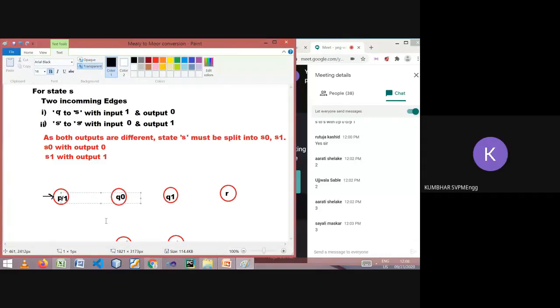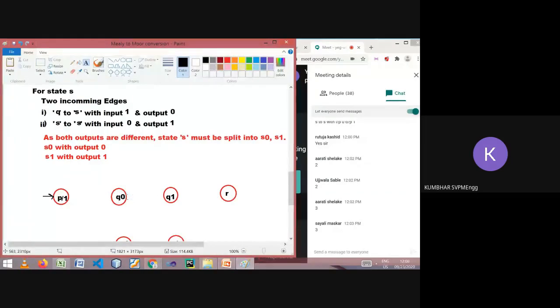Correct? Oh, I haven't kept space to draw it. Sorry. I have to draw Q0 and Q1 again, because I have to mention the outputs. These four I must draw again. Let me go with some larger circles so that I can write the input and output both. Q0, Q1, similarly S0 and S1.